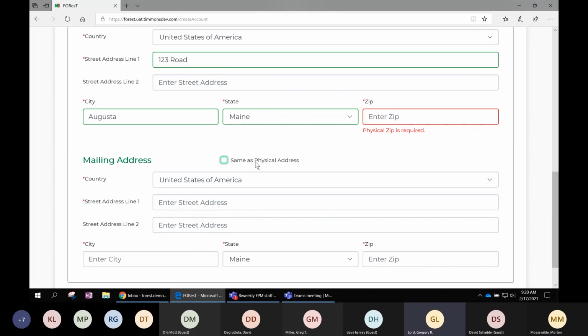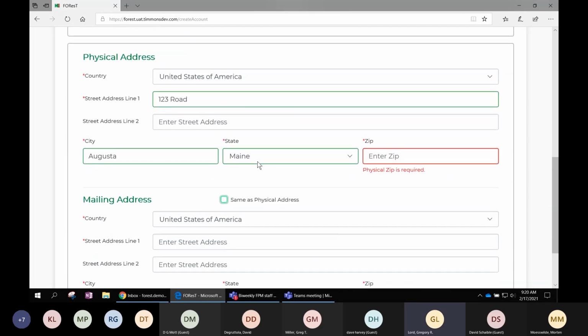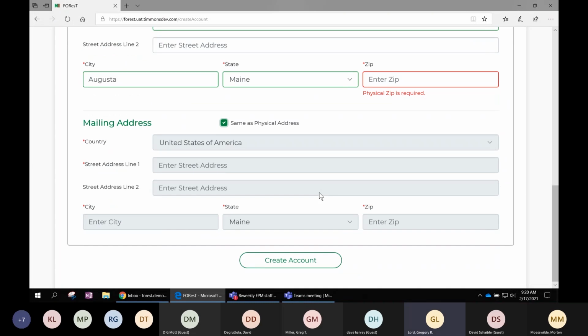And if your mailing address is the same as the physical address, you would check the box here. And I'm going to do that for this demo. And so I want to show you,